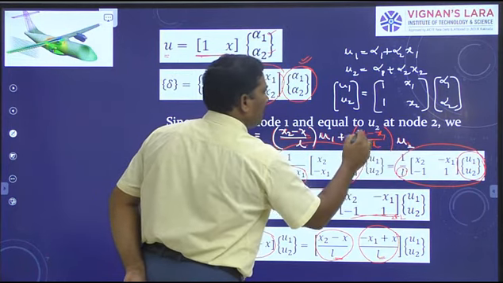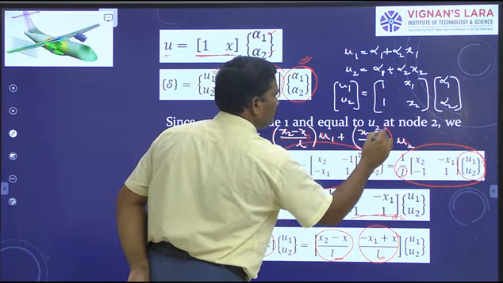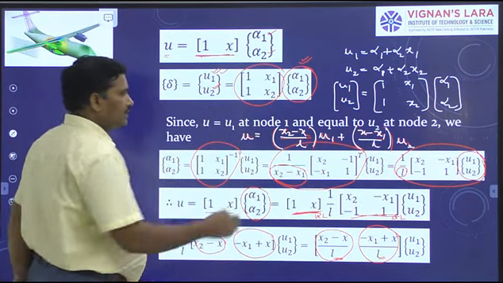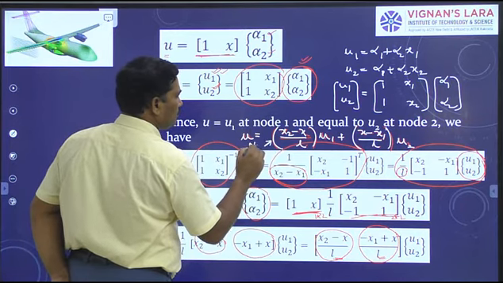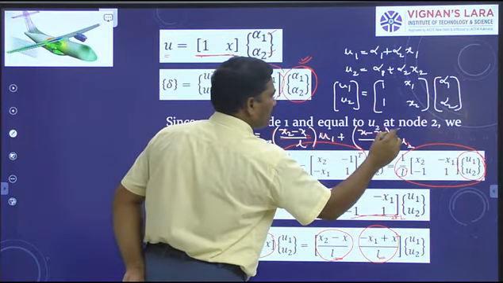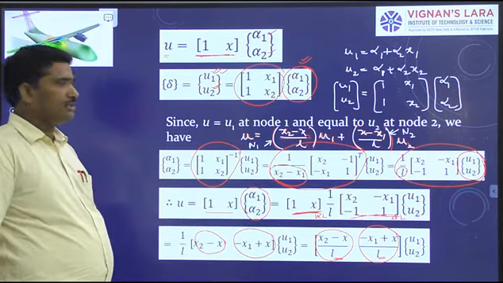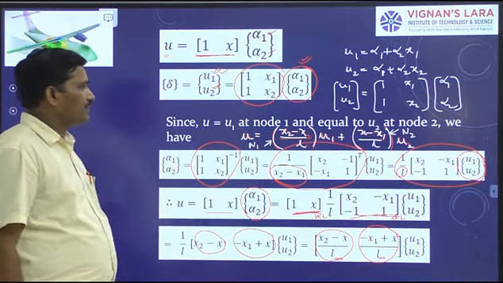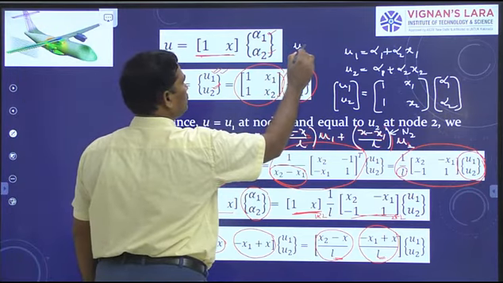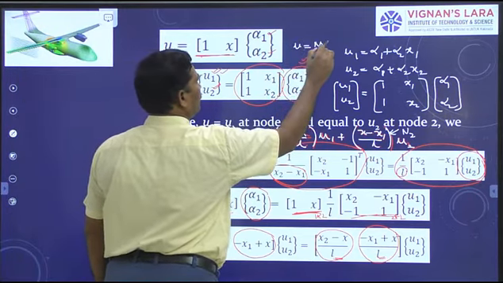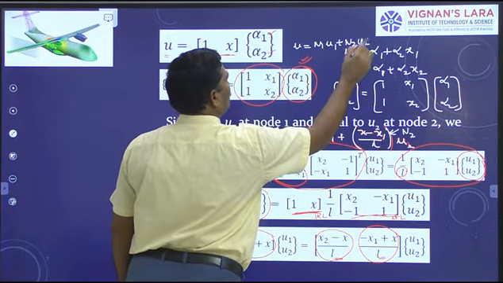What is N2 here? x minus x1 by L. This bracketed term I say N1 and this bracketed term I say N2. Then how do you get the displacement function u? Then you get u equals N1 u1 plus N2 u2,